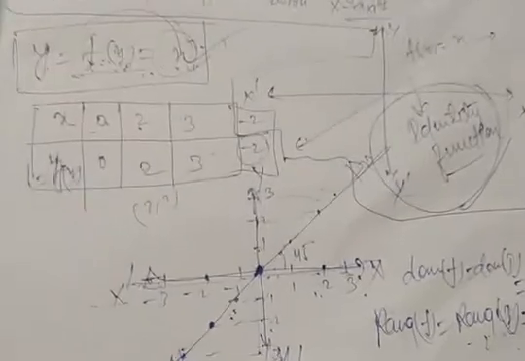Okay students, is the identity function clear? Okay, so in this way you define the identity function and find its range and domain. Now we discuss the next type of function, that is the constant function. Let's see the second type of function, that is the constant function. Okay, let's see what the constant function is.